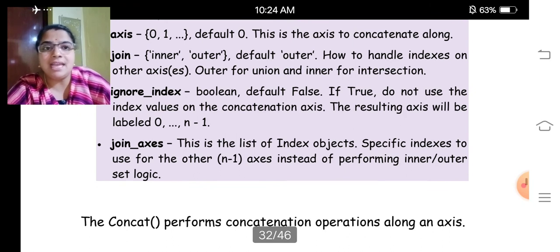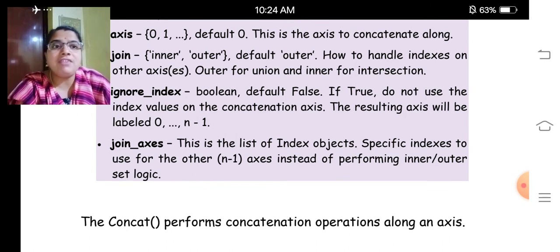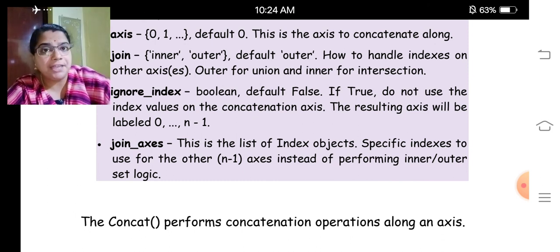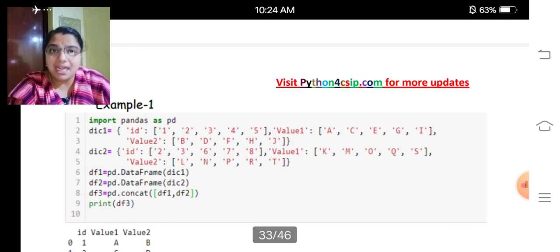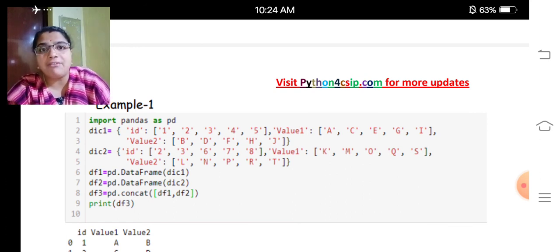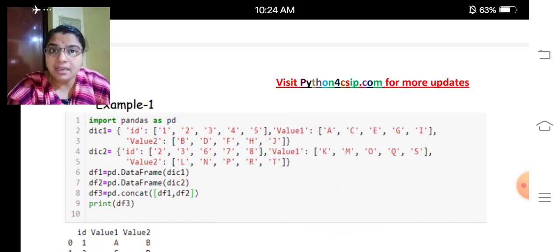Then join axes, this is the list of index objects. If you want to give, it will be given at creation. So my dear children, once again I will show the example. We had created 2 dictionaries and 2 data frames with those dictionaries. Then I had concatenated df1 and df2 in df3.